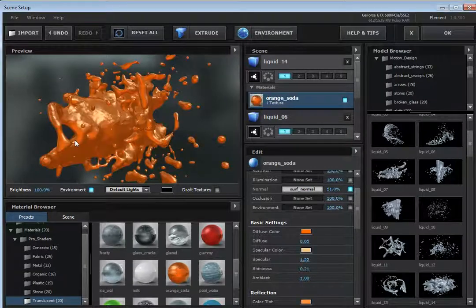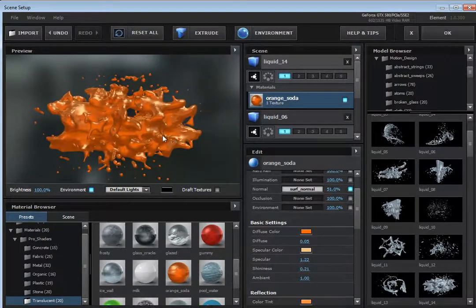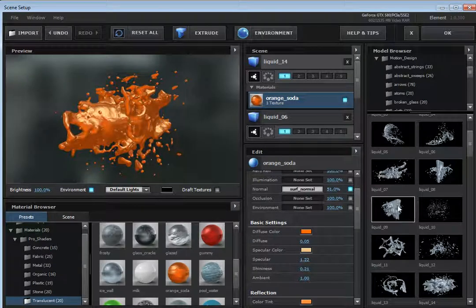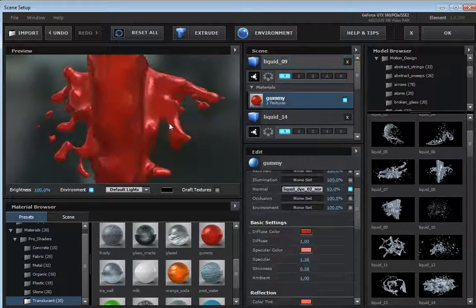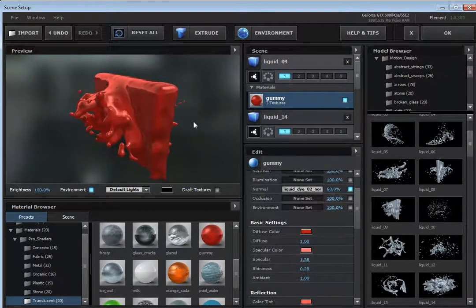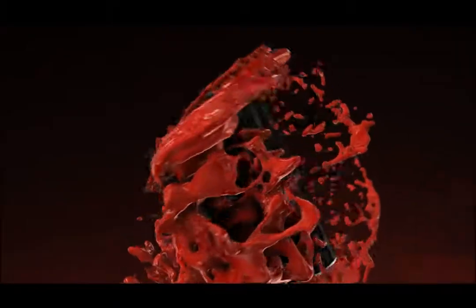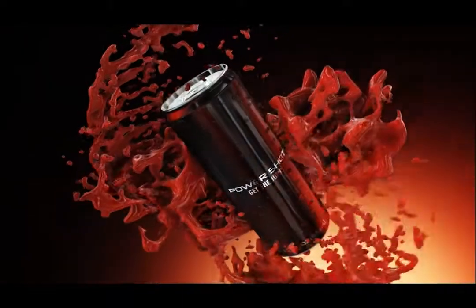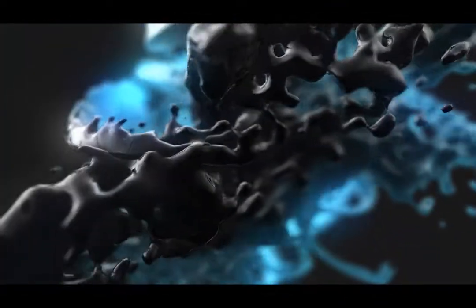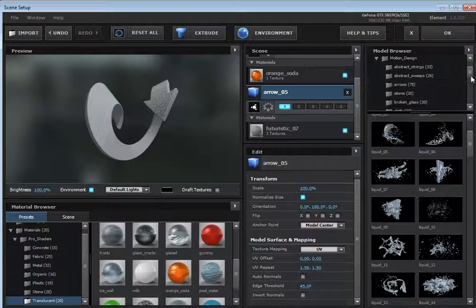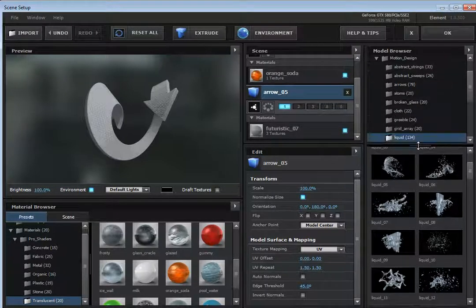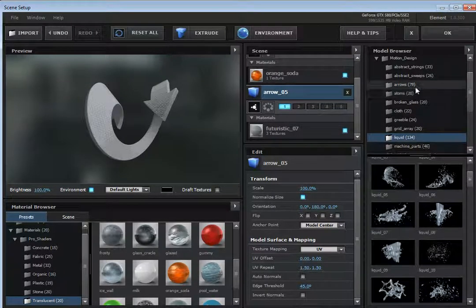want. Here's orange soda. Finally, I've been waiting to do this. How about the gummy bear one? So we'll take, looks delicious. Hopefully I didn't run through this too fast, but that is the idea of the Pro Shaders and the Motion Design Pack. And just to show you a couple more things in here, we have stuff like